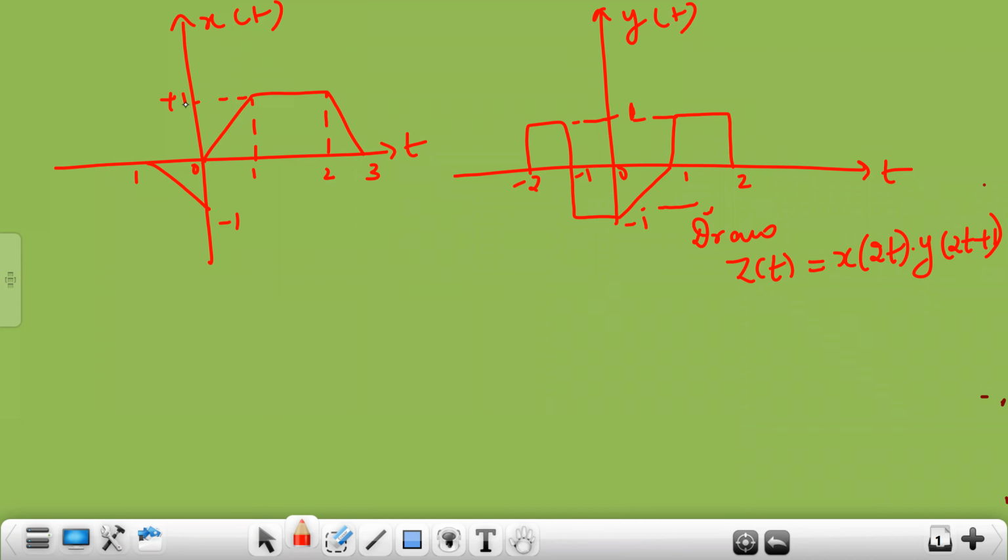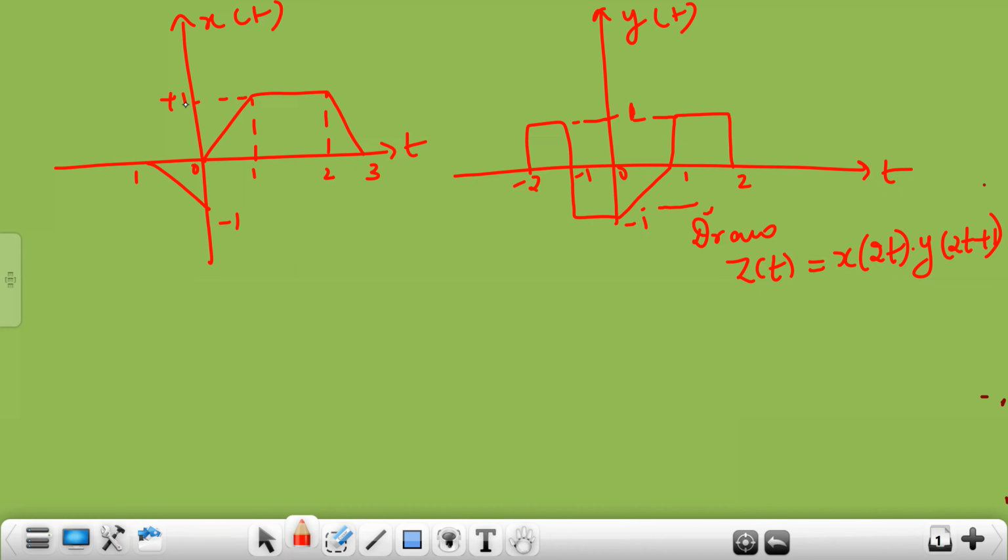So what mathematical operations do we need to perform here? Anybody can say the type of operations? Lokesh Biswas, kindly tell what operations we need to perform here. Amplitude scaling? Where is amplitude scaling? Time scaling, yes, very good. And time shifting. Yes, time scaling, time shifting, and finally multiplication. Very good, Lokesh.